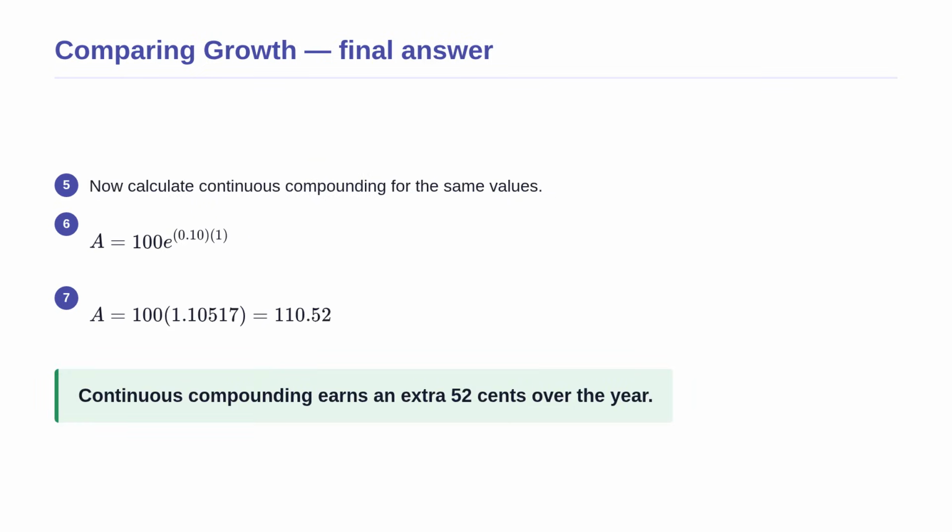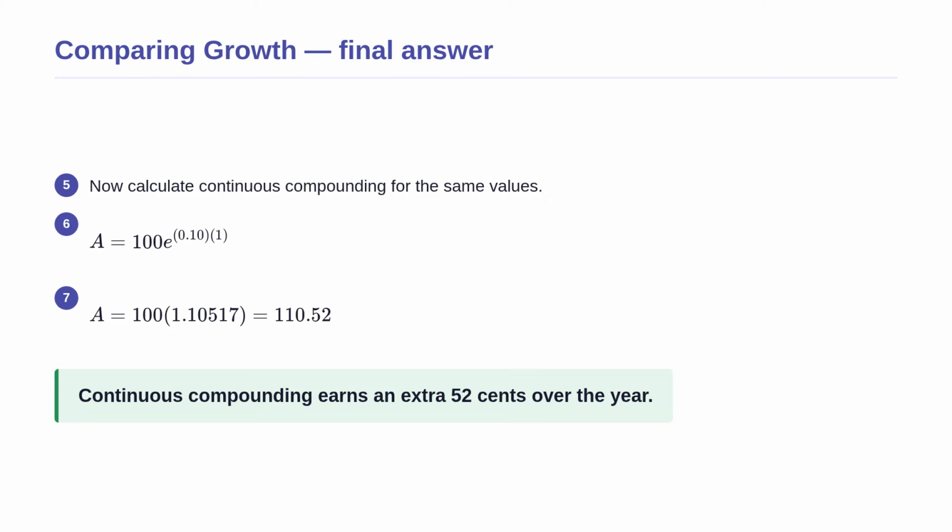Continuing with our student's investment, let us now calculate the continuous compounding result to see the difference. We substitute the exact same principal of 100, rate of 0.10, and time of 1 year into a continuous formula involving Euler's number. The exponent is simply 0.10 times 1. Evaluating e to the power of 0.10 gives approximately 1.110517. Multiplying this decimal by our $100 principal yields